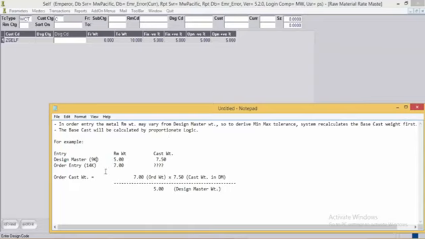For example, if the design master exists in 9 carat and the order is being received in 14 carat, then the RM weight in the order entry will differ from the design master weight. So, the same applies to cast weight also. Now, to derive the cast weight for the order entry, the system will follow the given formula.